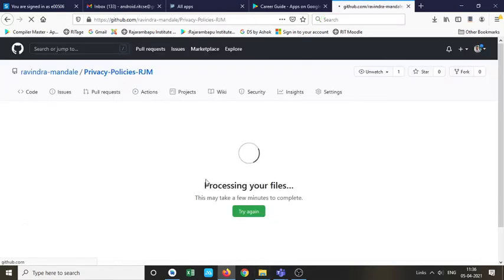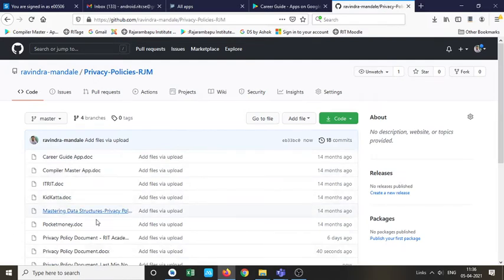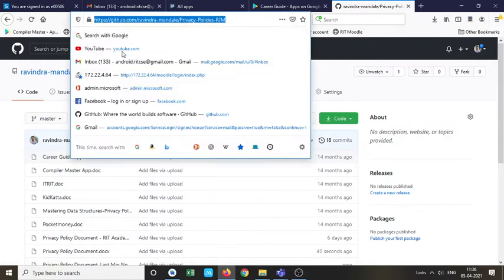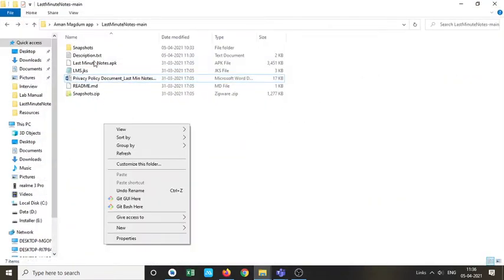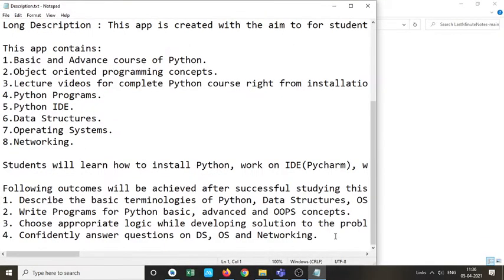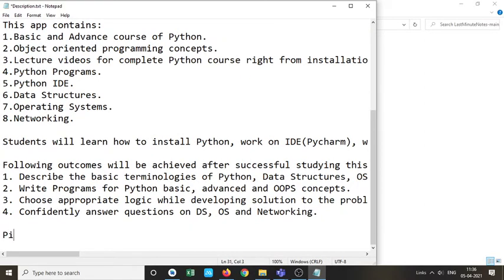So I have kept this privacy policy document in my repository, privacy policy RGM, and I'm going to give this path there. So I will just copy this path and I will place it in this one, so privacy.